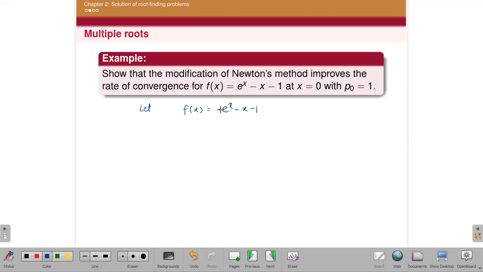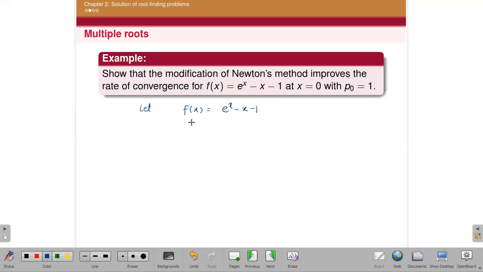So first we apply the first method only, because here multiplicity is not given. If multiplicity is given, then it is up to you. You can either use the previous method or you can use this method. So then there is an option, means you can use any method. But if multiplicity is not given, then you don't have any choice. You have to apply the first method only.